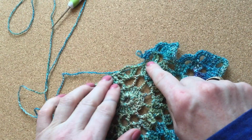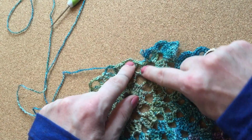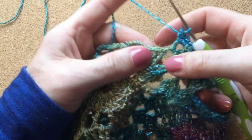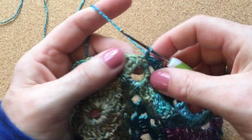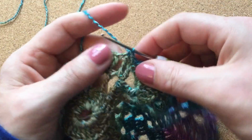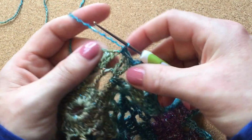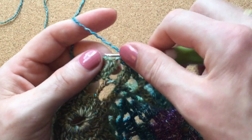Now this is the bottom of the leaf with our 3 chain spaces, and here are the 2 trebles. At the bottom, into those 2 trebles, make a single crochet in the treble, and into the second treble make a single crochet. So 2 singles. Then remember we made the chain. Also make a single crochet into the chain space of 1, and then continue,